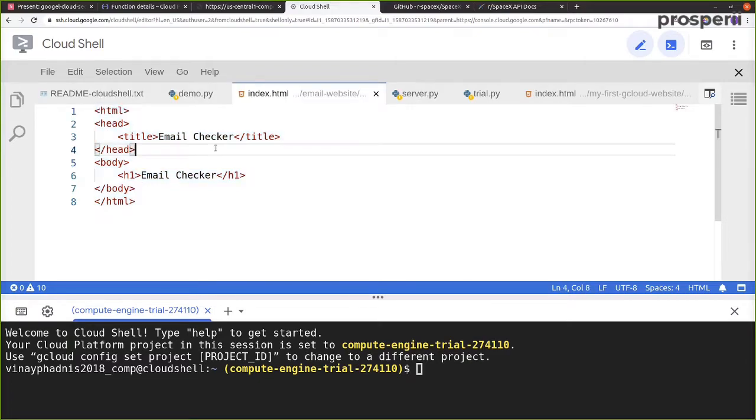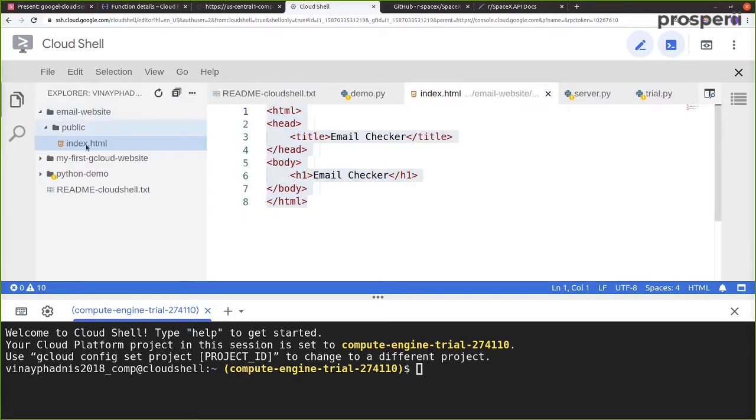everything is happening inside the cloud, and you can't directly view a website from the cloud without hosting it. So normally what we would do is we would create an app.yaml file, and then we would run the command called gcloud app deploy, and after that everything would go on the Google Cloud servers, and then we would get an email where we could run or look at this particular website. But for now we cannot do that.